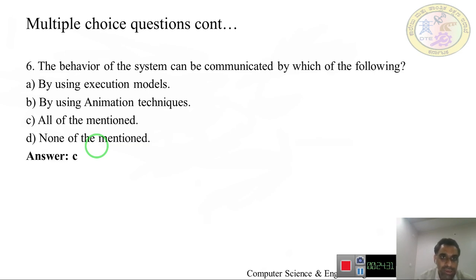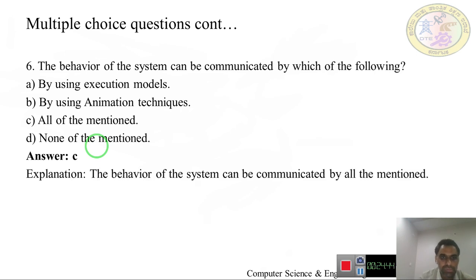Because with the execution model, the behavior of the system gets communicated, as well as it can be communicated through animation technique also. Okay, so all of the mentioned would be the correct answer. The behavior of the system can be communicated by all of the mentioned.